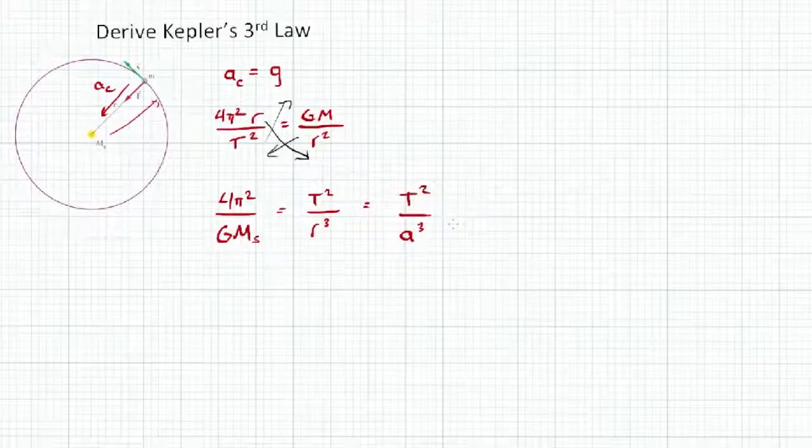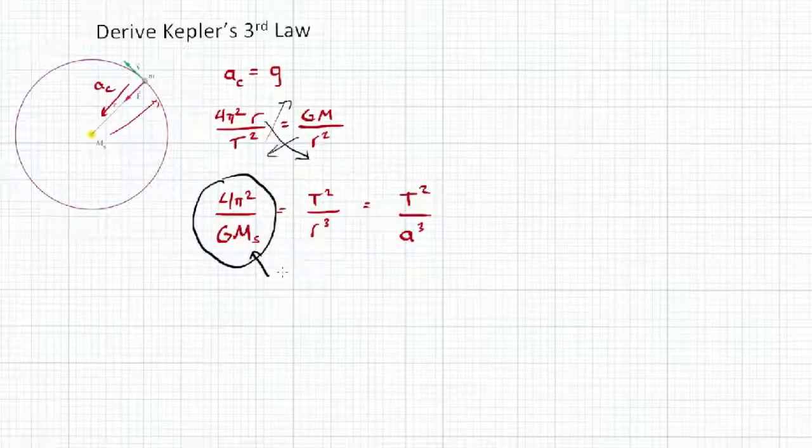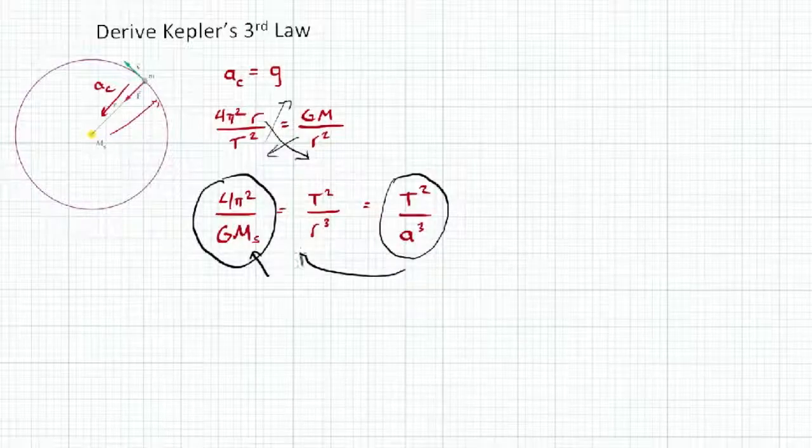And so, since this is a constant, that is, for a given central body like the sun, the mass of the sun isn't going to change, g isn't going to change, 4 pi squared doesn't change, then this means for any body orbiting the sun, the time it takes to go around the sun in seconds squared divided by its semi-major axis or radius cubed is always going to be the same thing. It's always going to equal 4 pi squared over gm, which is a constant. So that means